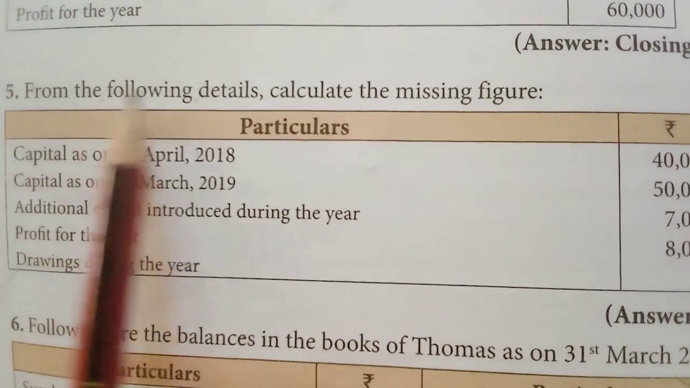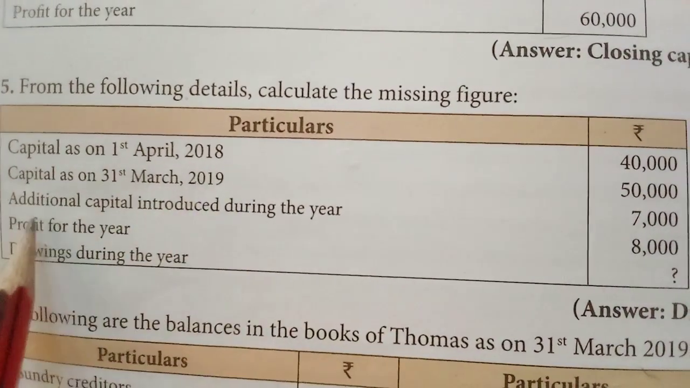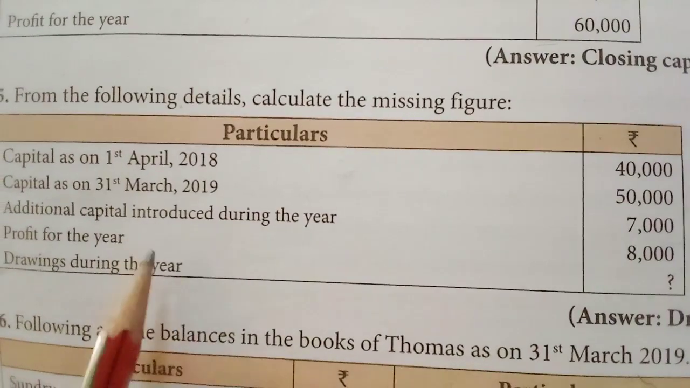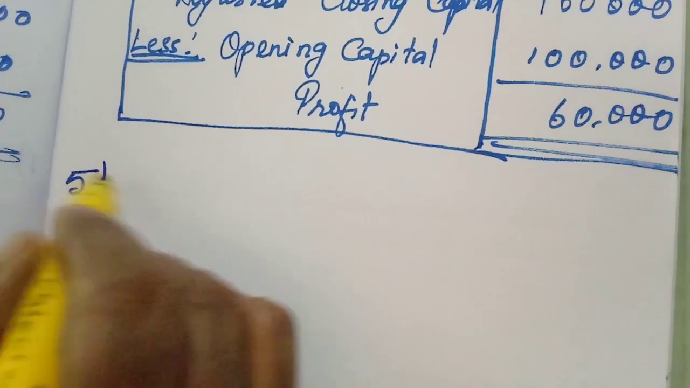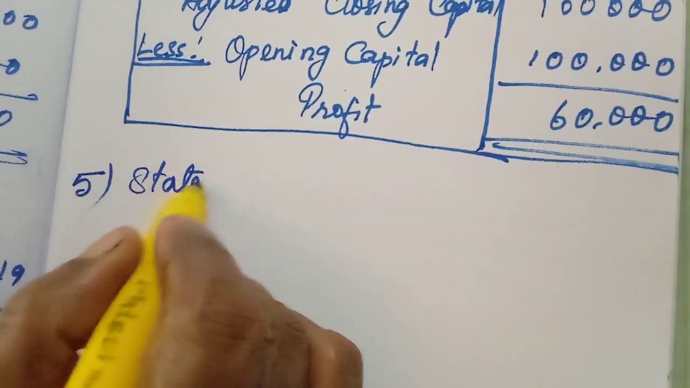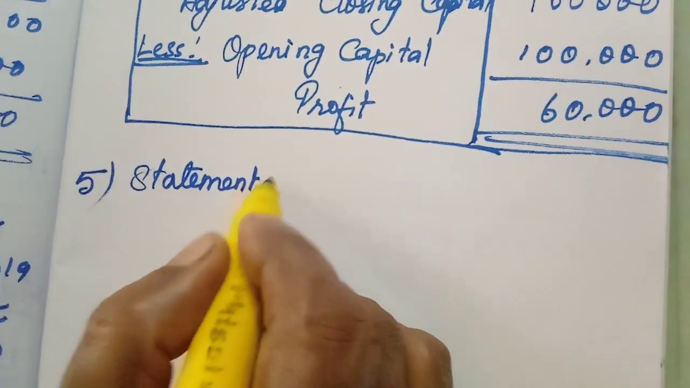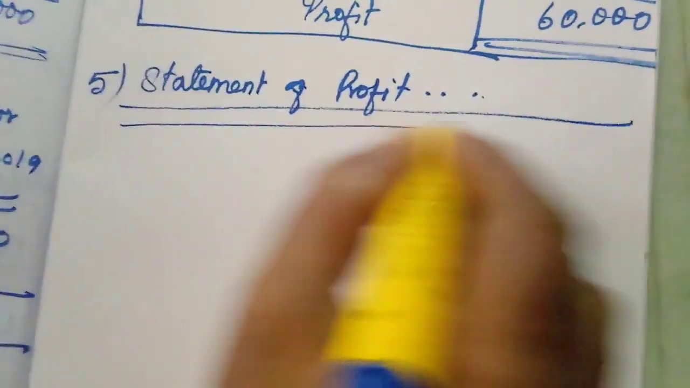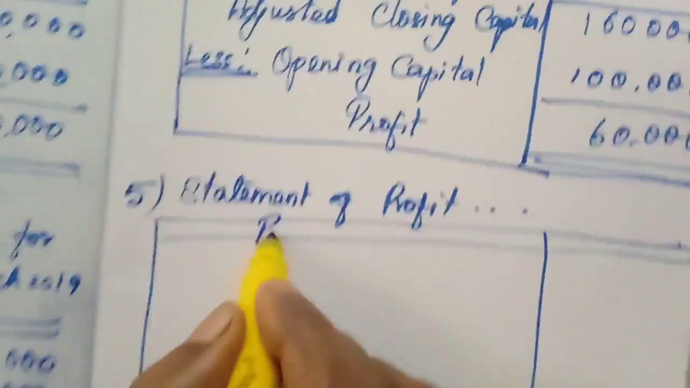Fifth exercise, from the following details, calculate the missing figure. Opening capital, closing capital, additional capital, profit given, drawing is asked. Shall we see how it is done? The fifth one, statement of profit for the year ended 31st March 2019. You have to write fully, but I am not writing. Okay, draw the line, amount, particulars,